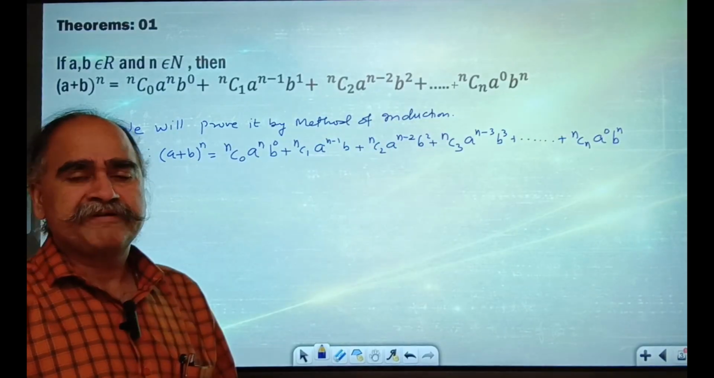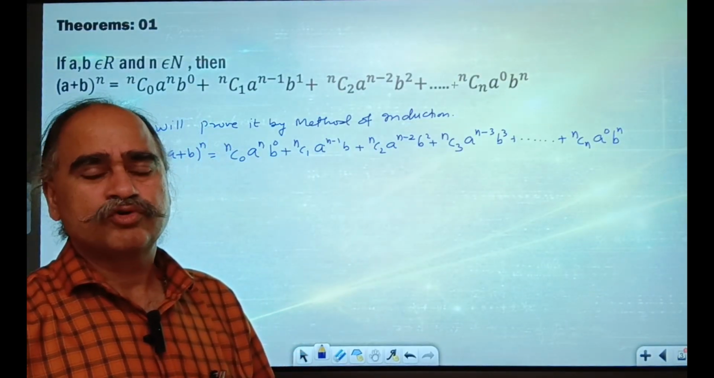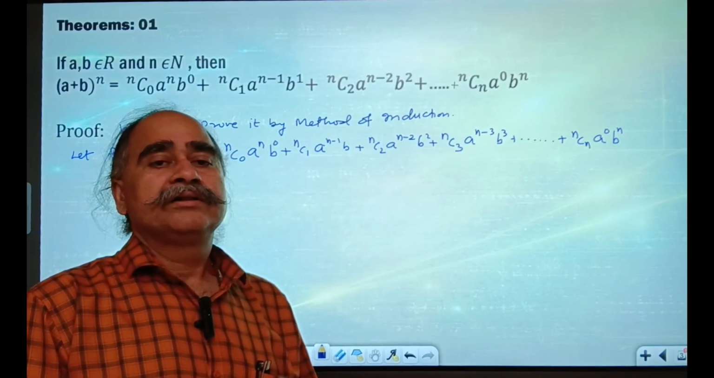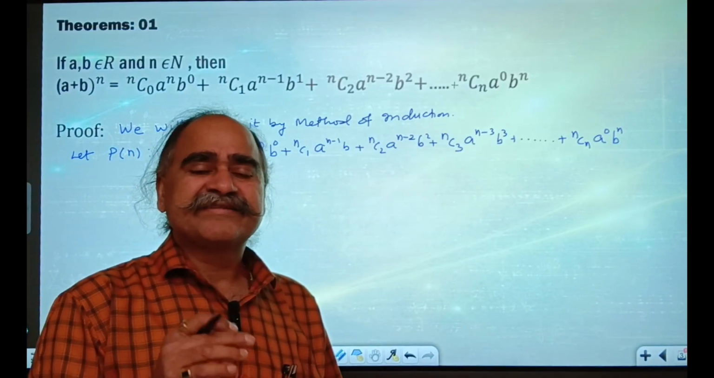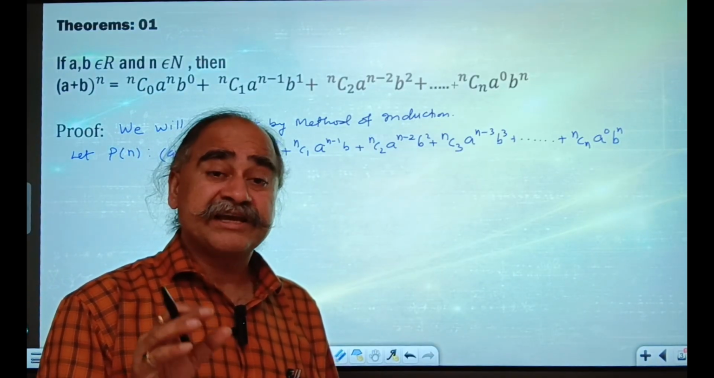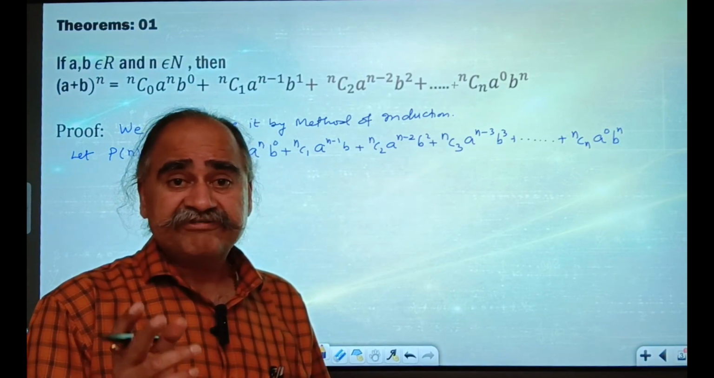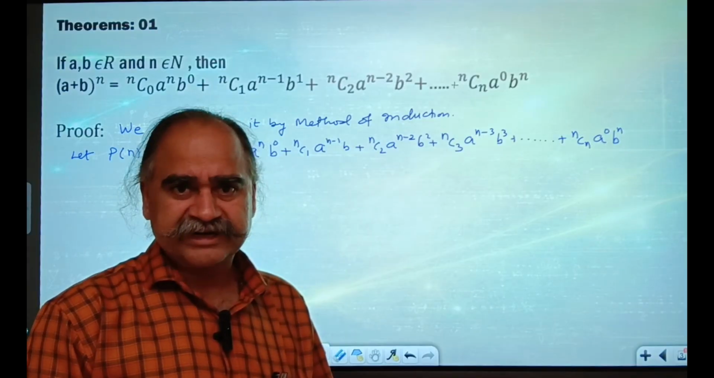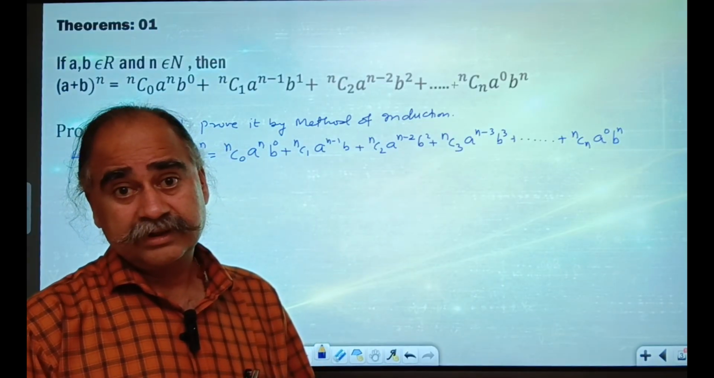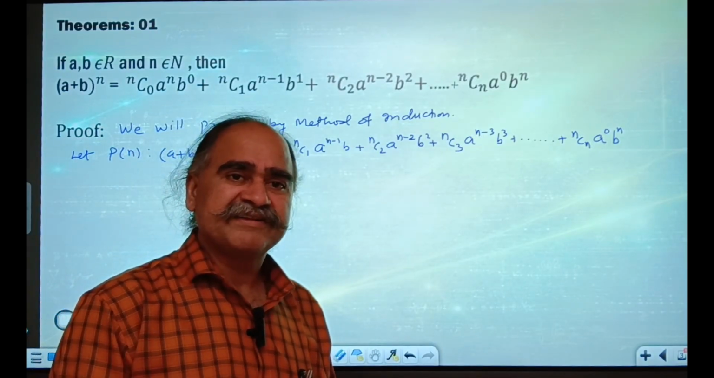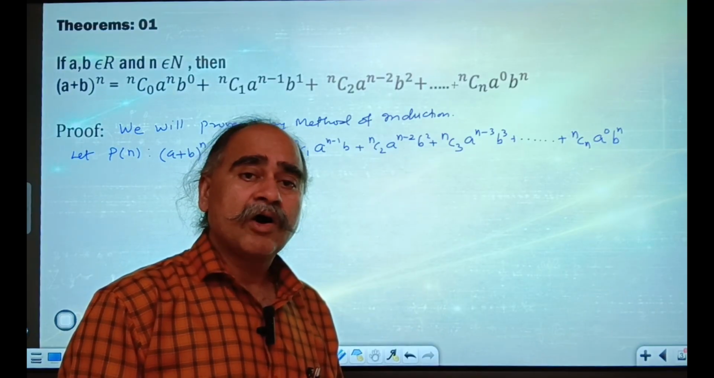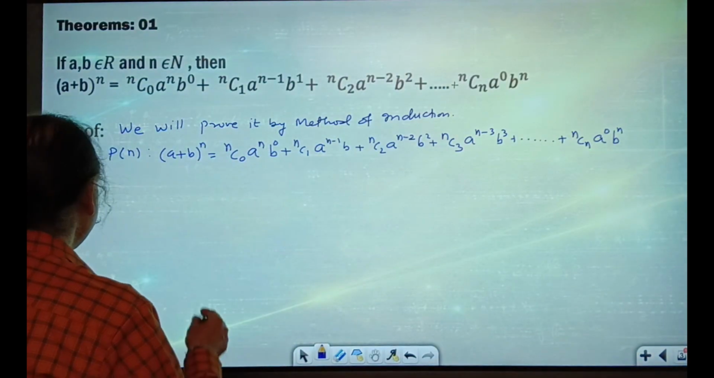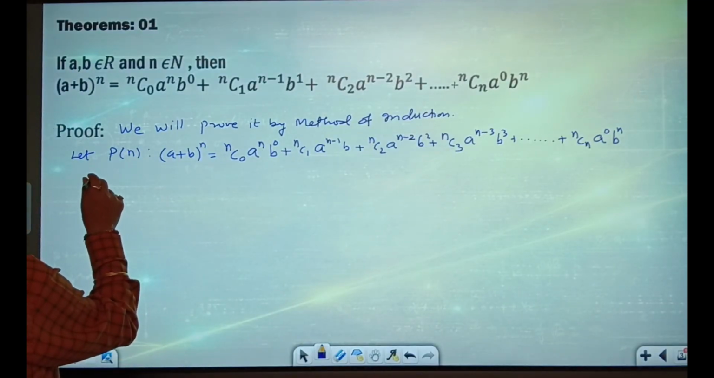Now you know in method of induction, first we will prove that it is true for n is equal to 1, that is P1 is true. Then we will assume that it is true for n is equal to k, that is Pk is true. After this assumption we will prove that it is also true for n is equal to k plus 1, that is Pk plus 1 is also true. Then by method of induction, the given statement Pn will be true for all n belongs to set of natural numbers. So let's continue to prove that